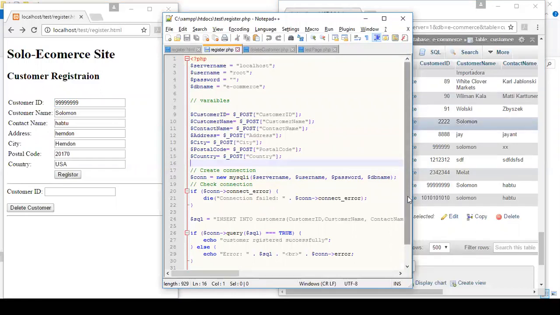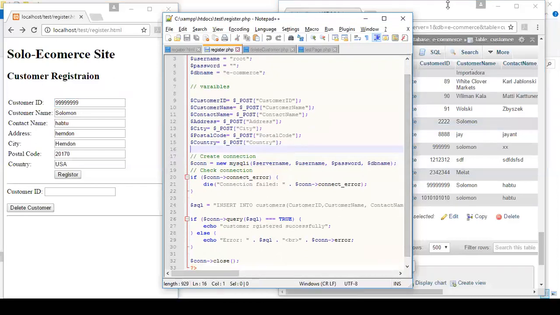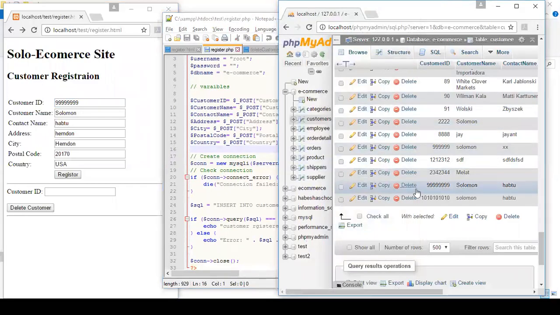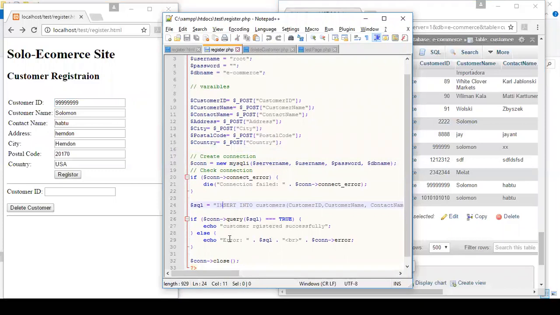Then after sending the query, MySQL will automatically process and record it there, and the reply will be sent to the PHP, and then replied to me, customer registered successfully. That's why you saw customer registered successfully. That is how a web architecture